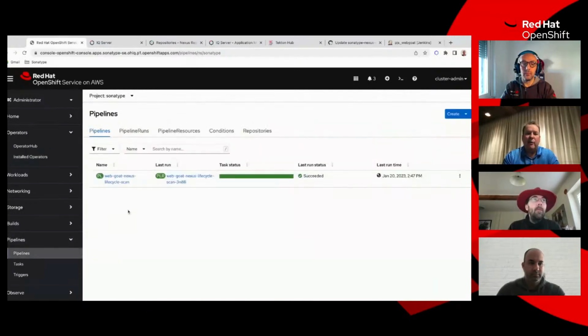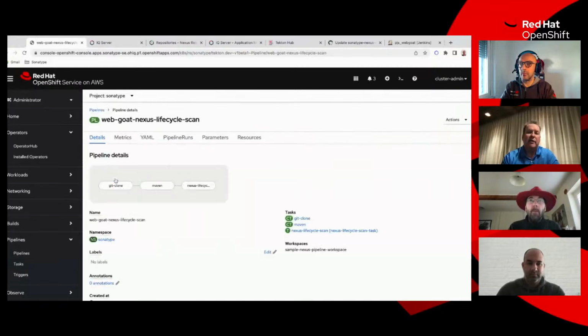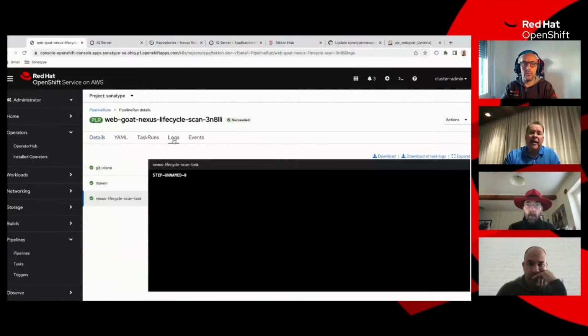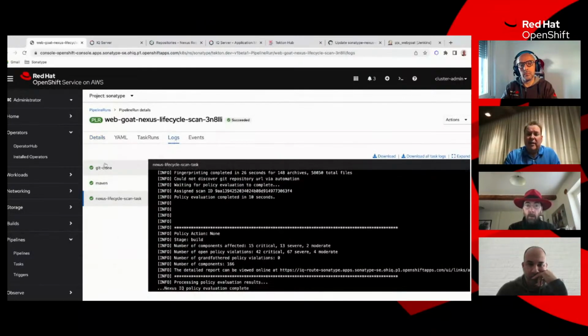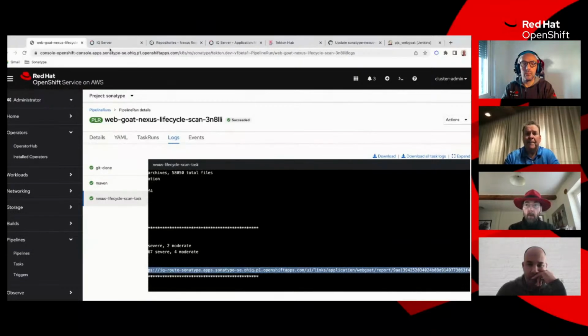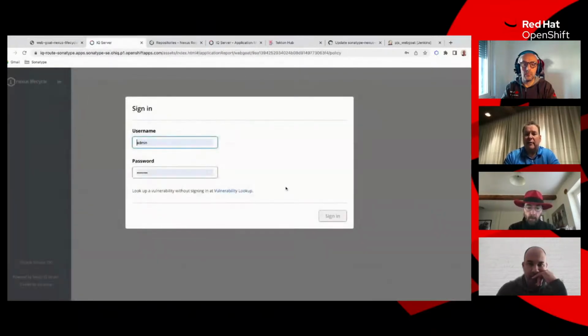Right? And what we've done here is we created a pipeline. I can show you real quick. It's a very simple pipeline, but we're doing a clone. I believe we're cloning WebGoat. We're doing a Maven build of that, and then we're doing a scan. That scan is where we're going to generate our SBOM. If we look at this run here and I look at the logs, you can see that we did the clone, the build, and we did our Lifecycle scan where we generated this report URL. Okay. Now, if I go to that report URL,